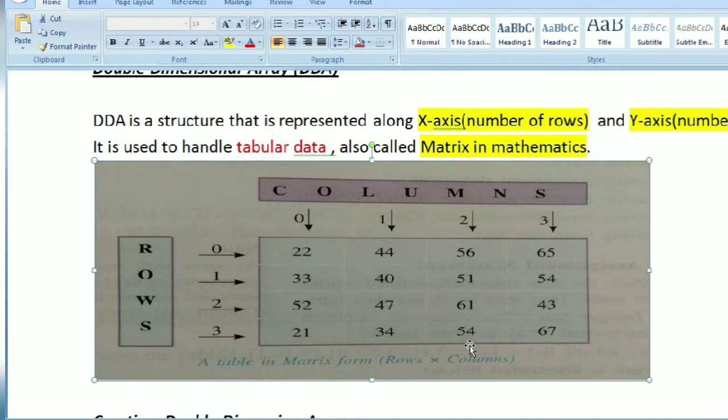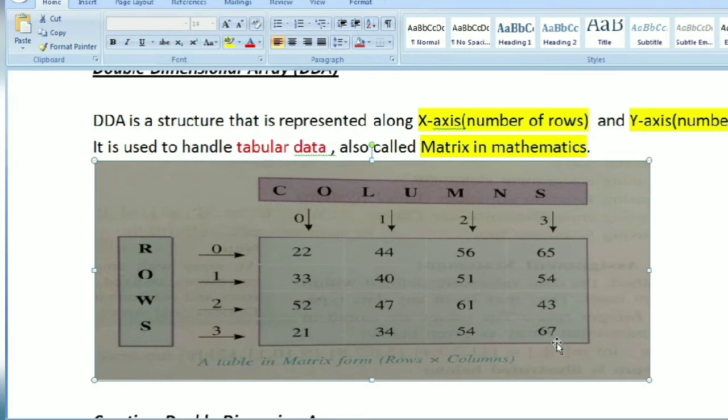You have to keep in mind that the index of columns and rows starts from 0. That means this is the first column, but the index of this column is 0. You can see I have mentioned over here, this is the 0th column, first column, second column, and third column.